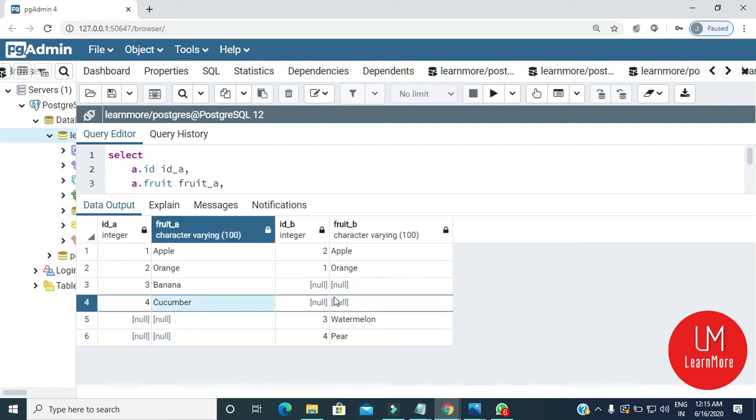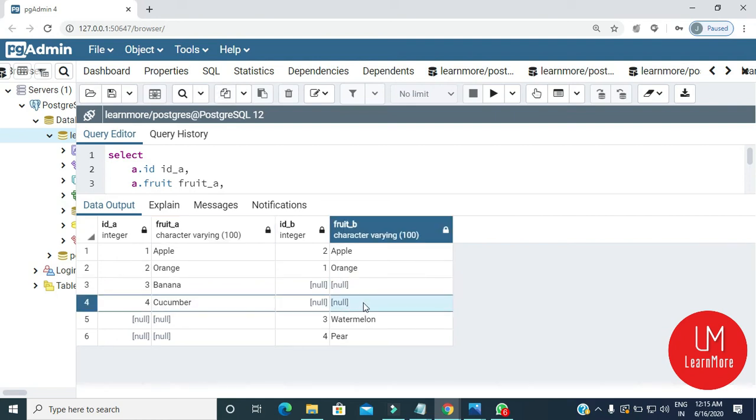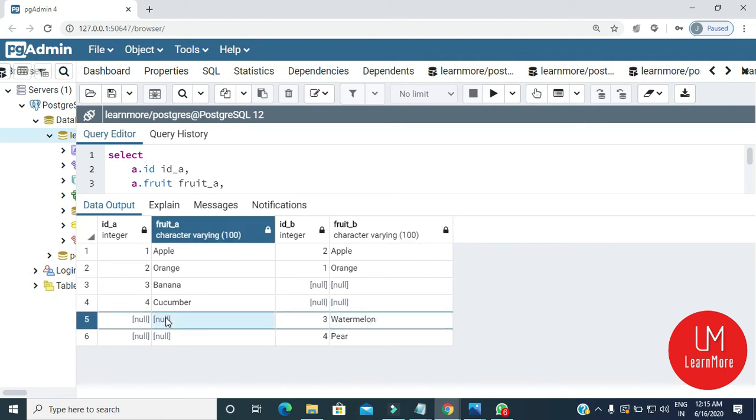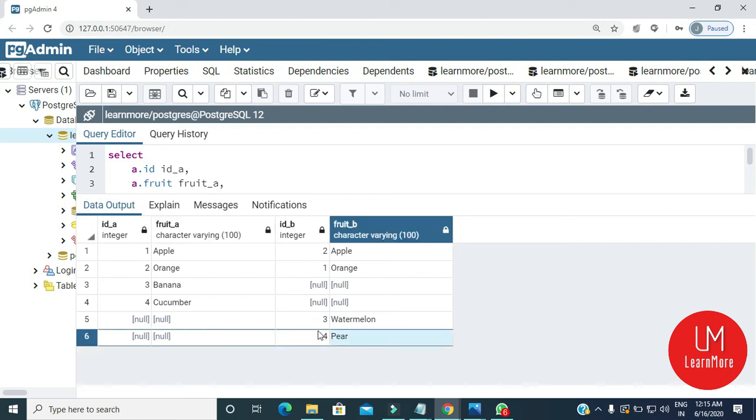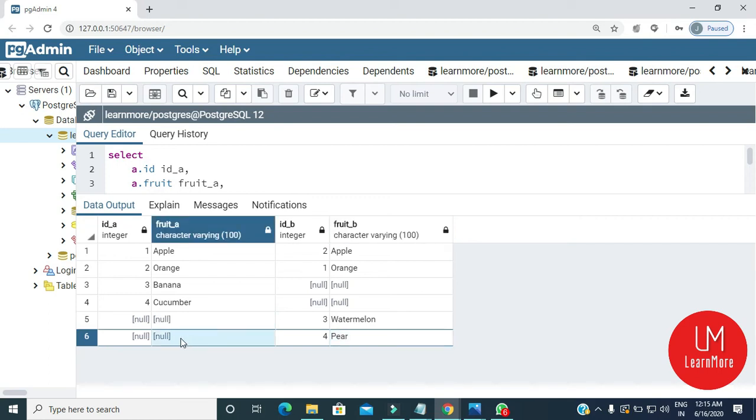Then you have cucumber and no matching value on the right side, and it is filled with a null value. Then look at the table on your right side, that is basket B. You have a watermelon, then you don't have a watermelon in basket A, so it is filled with null value. Then you have pear in your basket B, and you don't have that value in your basket A, so that is filled with null value.